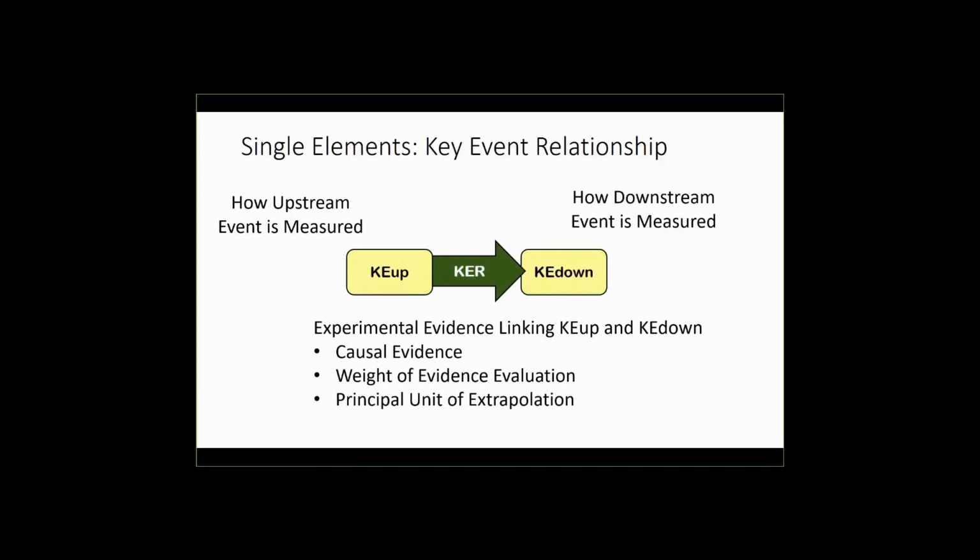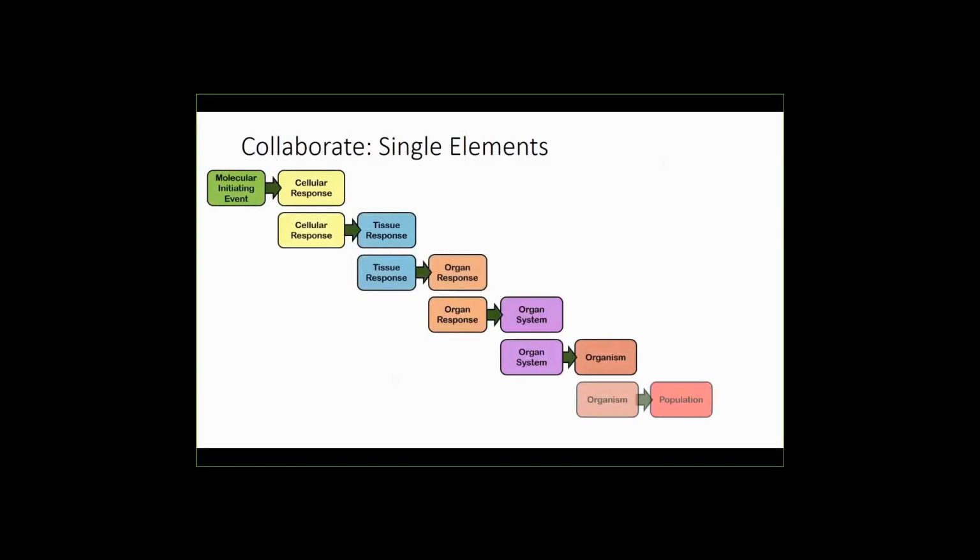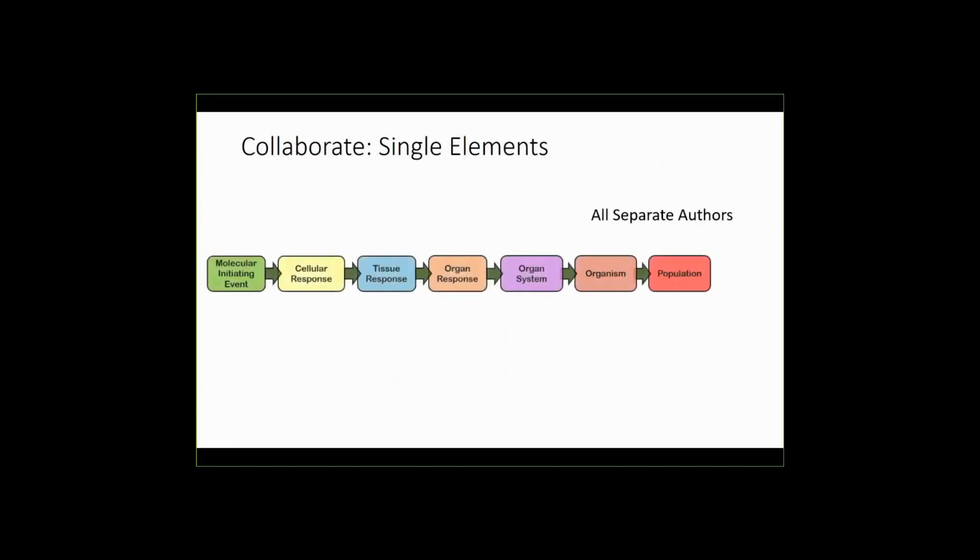So if you really want to contribute to the AOP knowledge base and feel like you have limited resources, this is one of the most useful contributions that you can make. So if a whole bunch of different authors all create single key event relationships, similar in the way of the partial AOPs, if there's overlap in them, they can combine together to form a full AOP.